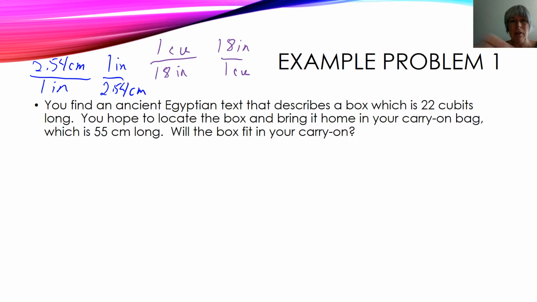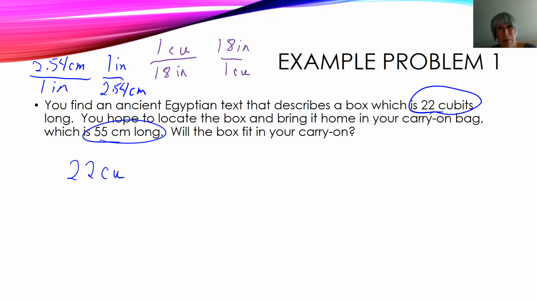1 inch is 2.54 centimeters. Okay, I want you to think of these as the puzzle pieces, and what we're trying to do is put a puzzle together with the correct pieces so that we start with cubits and we end with centimeters. Okay, so here's what we're going to do. We start with our 22 cubits. Now, in order to get this to work and the way we've been working with fractions, let's write 22 cubits as a fraction. Any whole number can be written as a fraction if you just put it over 1. 4 over 1 equals 4. 22 cubits over 1 equals 22 cubits.